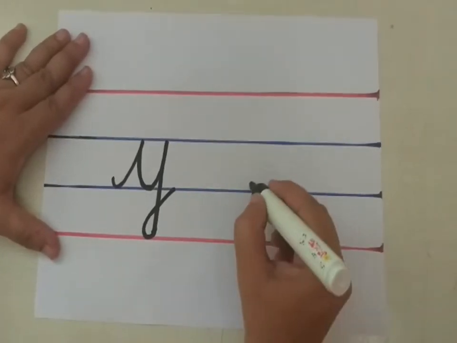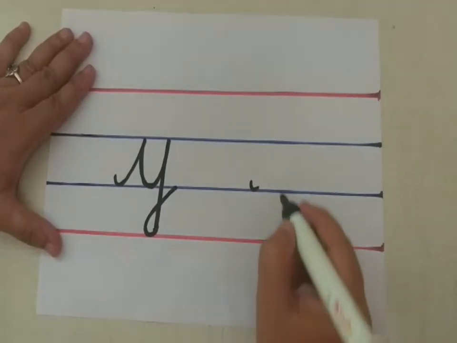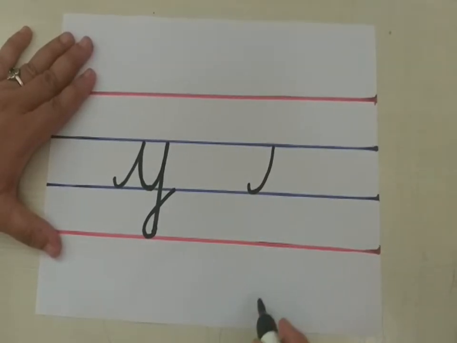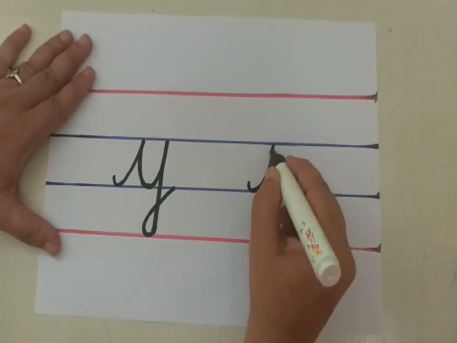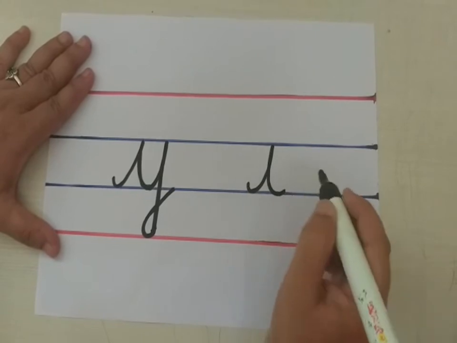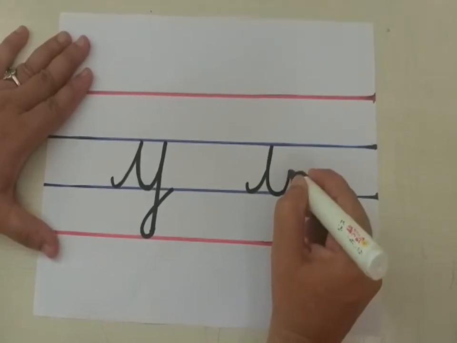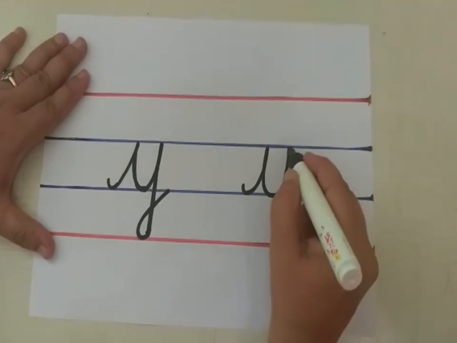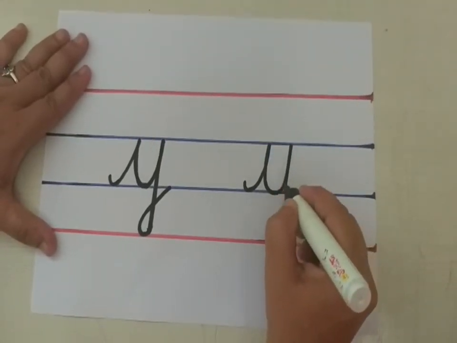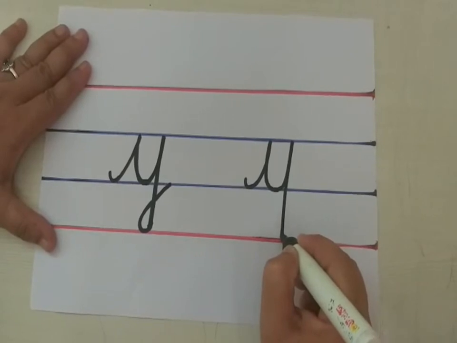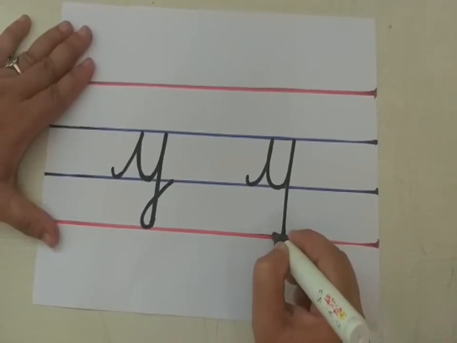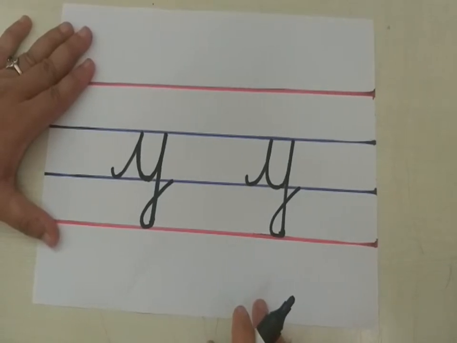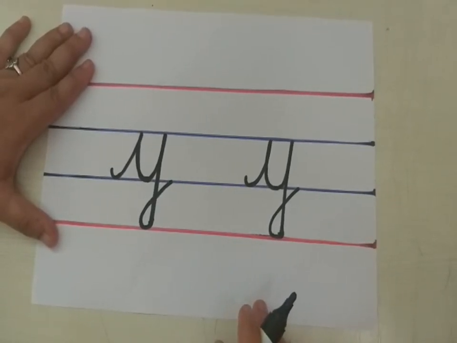Okay. Take a small curve. Go up to the second blue line. Slanting line, children. Come down to the third blue line. Again go up to the second blue line. Like you have to write, children. Again come down to the fourth red line, children, down. Now take a turn like that and go and join this third blue line. Small cursive Y. Shall we write once again?